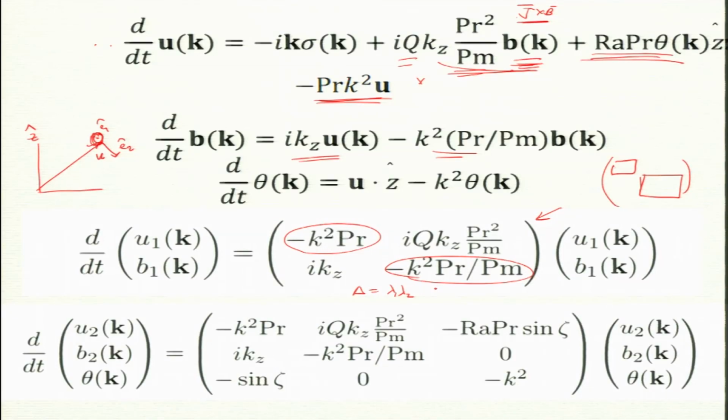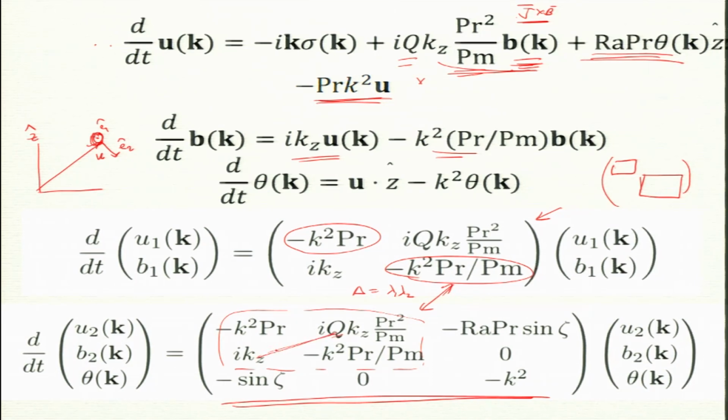If the Prandtl number was 0, then they would not dissipate, they would support waves. But right now, because of the dissipation already present in the system, they will just go to 0. So, u2 b2 theta, this equation may generate instability. Now, that does look complicated. In fact, if you see, this part is very similar to this part, right. These are called Alfvén waves, this supports Alfvén waves.